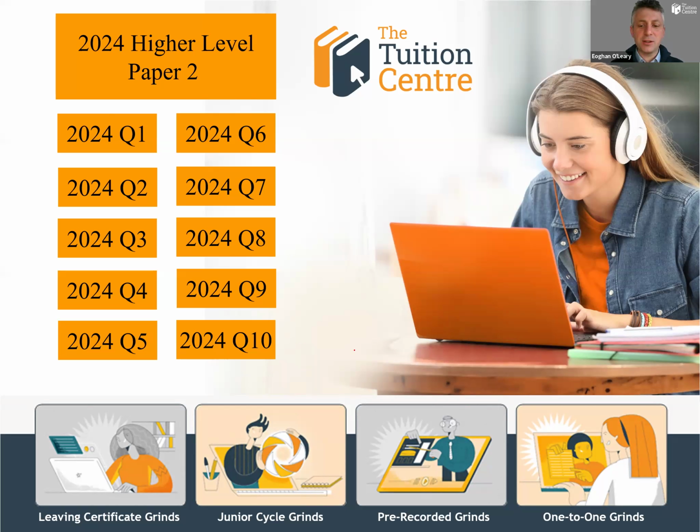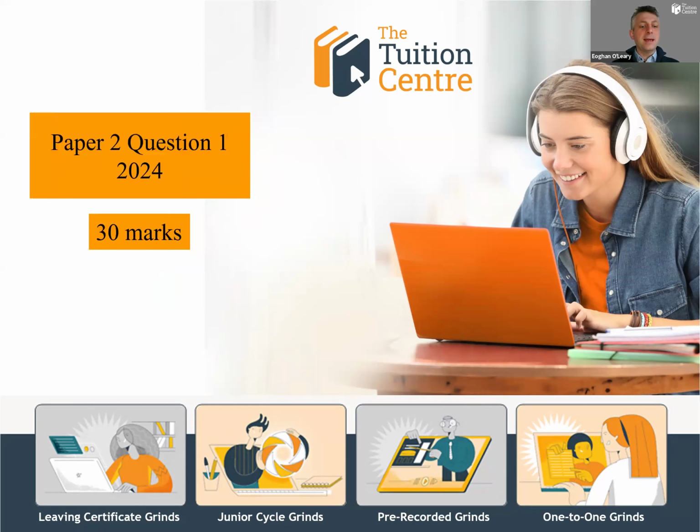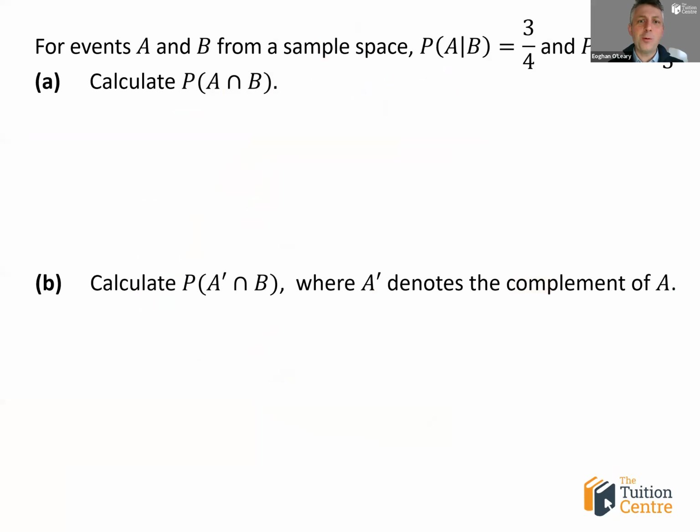So this first question is an interesting one in that I know some of you skipped this question. I know that some of you looked at this at the start and said, no, I don't get it. And in fact, I know some people have decided that they don't like these Venn diagram probability questions, conditional probability, because they feel they just don't quite get it. They can't be sure. However, I'm hoping to show you here that it's worth your while practicing these questions, because